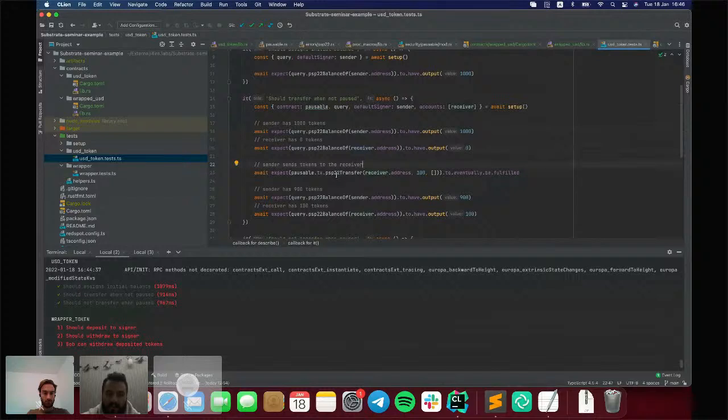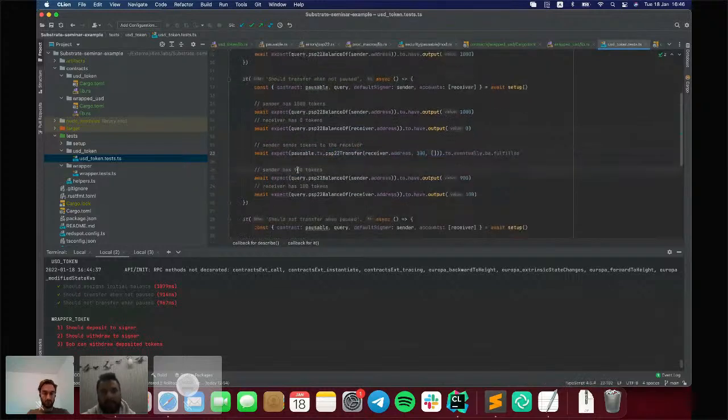After we did a transfer here, we verified that the sender has 900 tokens and the receiver has 100 tokens. So yeah, it was our second test.